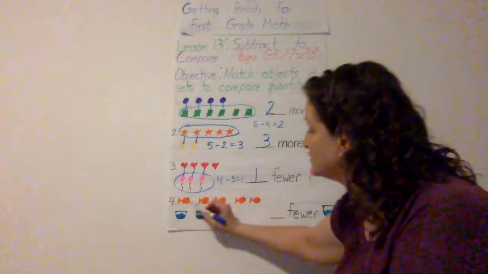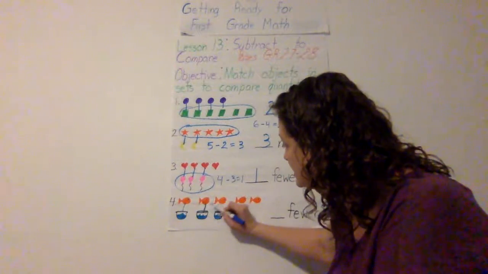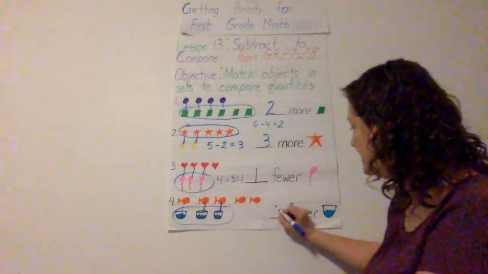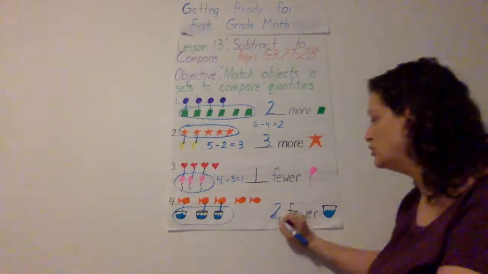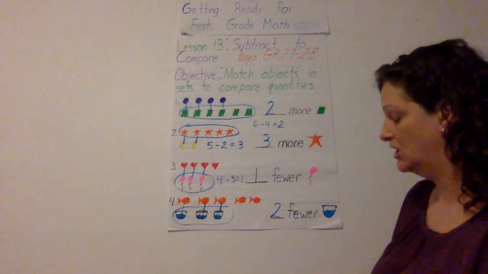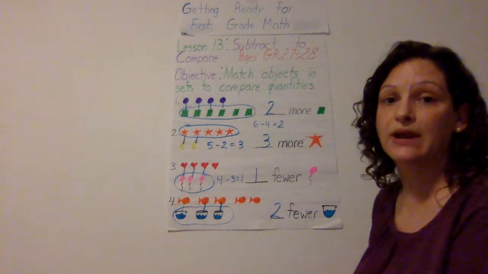I'm going to come down here. I'm going to match my fish to their bowls. I have fewer bowls. And I can count and see that I have 2 fewer bowls. I would need to draw 2 more bowls to have the same amount of bowls as fish. So that's how we're going to compare